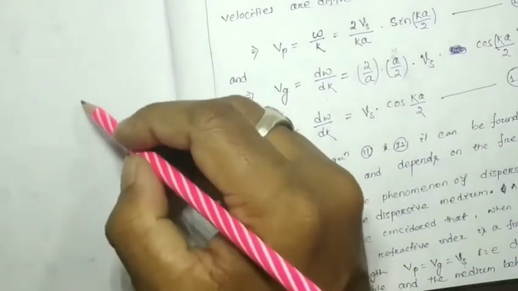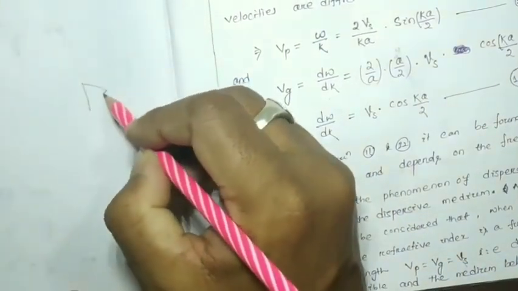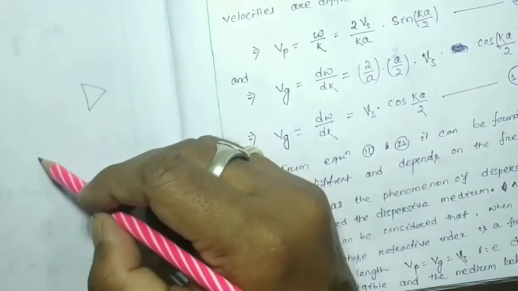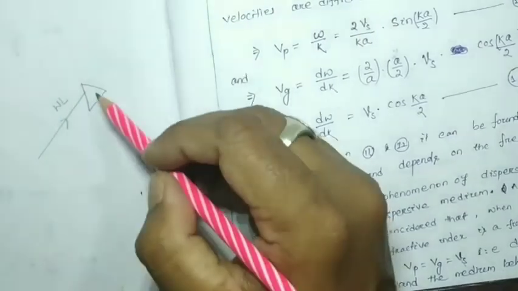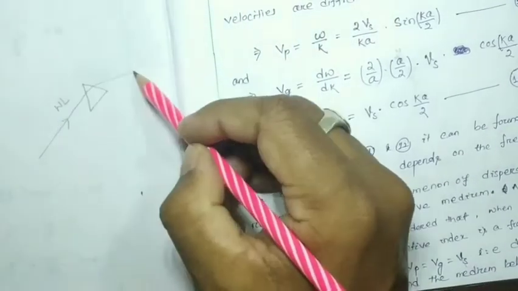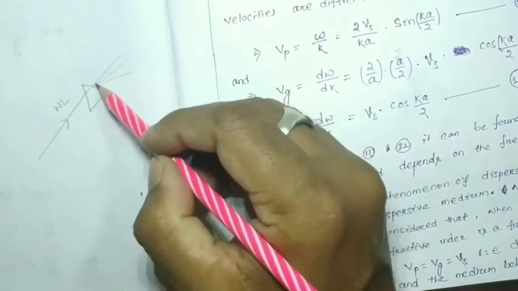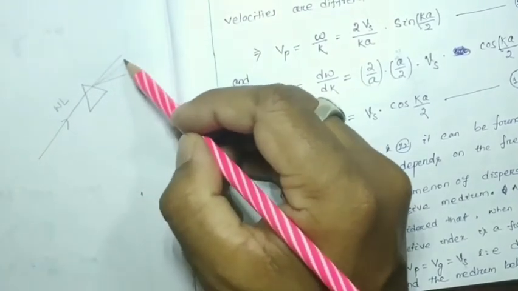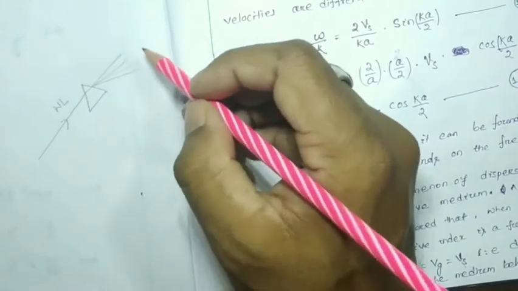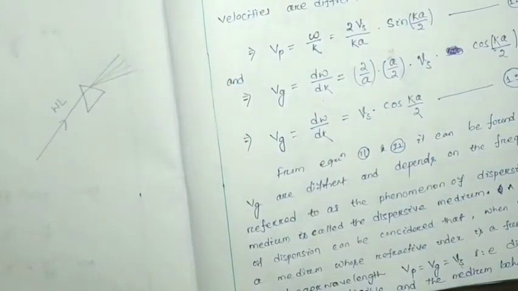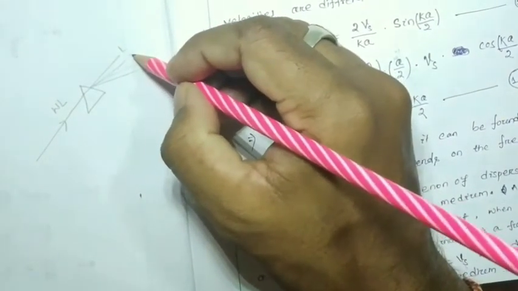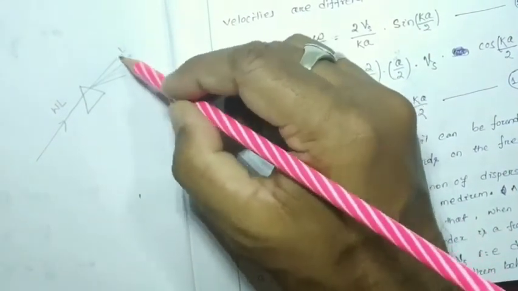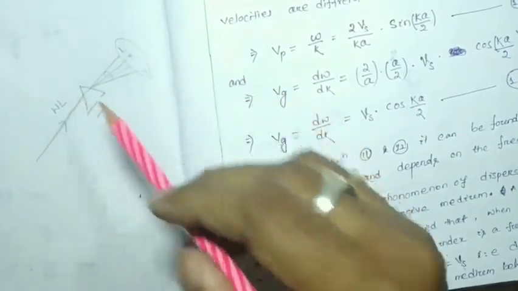Suppose this is a prism. When white light is incident on this prism, different colors are dispersed. Dispersed means spread out, different colors. In this way, red, yellow like this, violet like this. So different colors are separated out from the white light when it is passed through